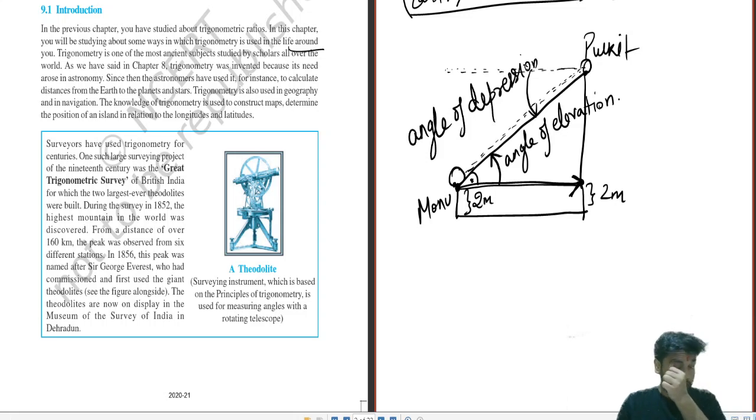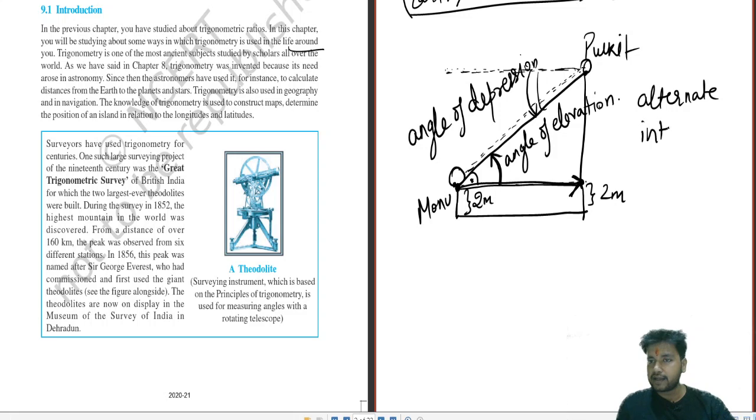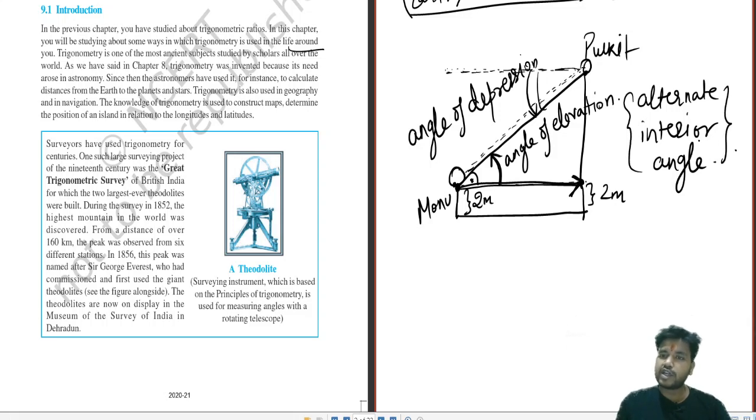Now if you look at this very carefully, I am taking these rays of light from my eyes exactly straight at 90 degrees, and Monu's eyes are also at 90 degrees. So these are two parallel lines, and this and this angle will be equal. That is the alternate interior angle. So the first concept you would be looking into in height and distance is that the alternate interior angle makes the angle of elevation and angle of depression both the same thing. You just have to use it according to the sum demanded.